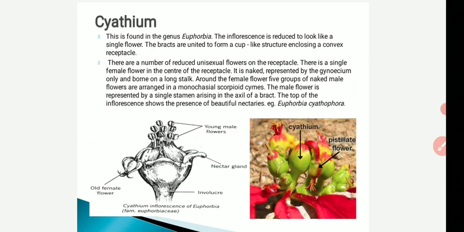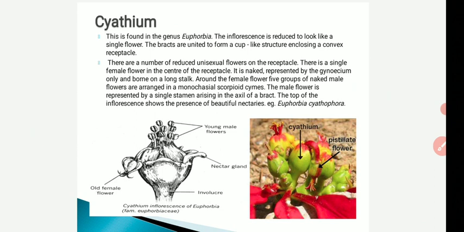Each male flower is represented by a single stamen, and every floret has its individual stalk and is subtended in the axil of a thin and scaly bracteole. The nectar gland is present on the involucre, that is on the bract wall, and such a type of inflorescence is found in Euphorbia geniculata, the common name of the plant being Dudhani, and it is a characteristic feature of